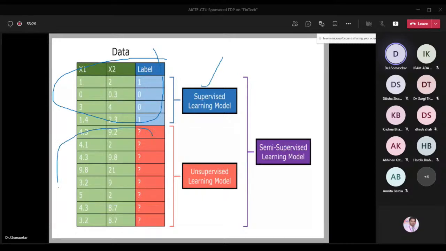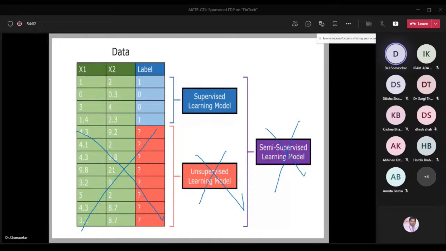And in unsupervised learning, we don't have any teacher here. That is called no label or no output. So this is called the unsupervised learning model. And semi-supervised means it's a combination of both supervised and unsupervised. Some data having labels, some data not having labels. That means labeled as well as unlabeled data is semi-supervised learning model. But in today's session, we are going to focus on supervised learning models. We are not going to focus on data without labels, or the combination. That's why unsupervised is out of scope, and semi-supervised is also out of scope of today's session. So we are going to focus only on the supervised learning model. By using that, how we are going to look at Bitcoin price prediction.